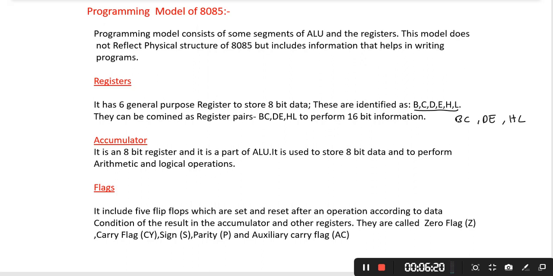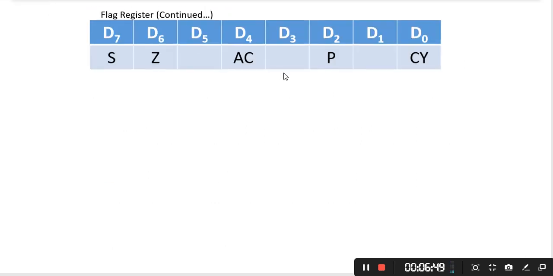It is an 8-bit register and it has the following bits: the zero flag bit, the carry flag bit, the sign bit, the parity bit and the auxiliary carry flag. So depending upon the type of operation, the corresponding flag will be set. We will see how these flags work when we do any operation with the arithmetic logic unit, that is either an arithmetic operation or a logical operation.